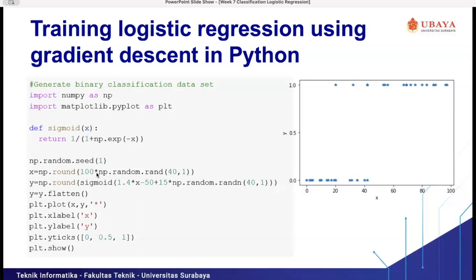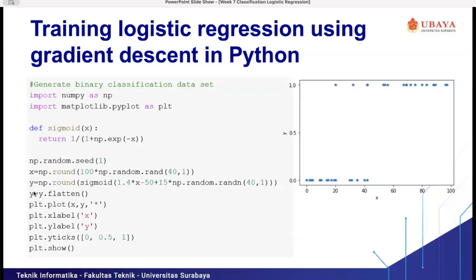We multiply by 100 because the output from np.random.rand will be values in the range of 0 to 1, so if we multiply it by 100, the output will range from 0 to 100, and we generate 40 different values for x.